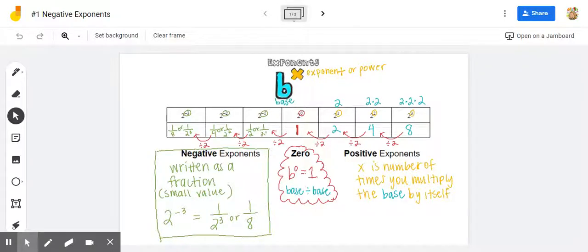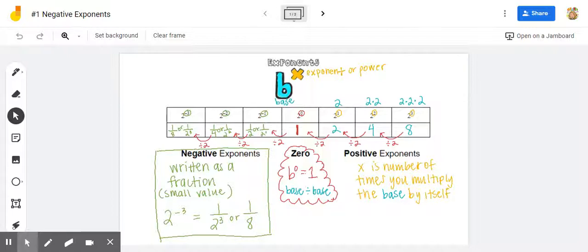Hey guys, so we're going to just do a quick little review here about negative exponents. This was how we began our lesson, where as our power decreased, we were dividing by the base of 2 in our example. So when we got into negative exponents, like 2 to the negative first here in green, it meant that I took 1 and divided it by 2, or made this now into a fractional amount, which